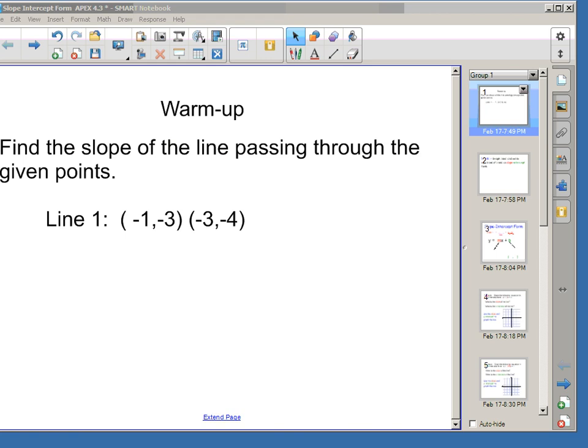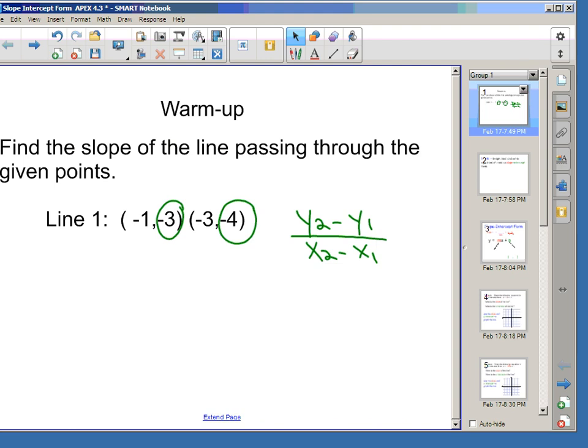All right, before we go to lesson 4.3 on slope-intercept form, let's review what we did the lesson before in 4.2, which was find the slope of a line passing through 2 points. Remember, we need the slope formula, which is y sub 2 minus y sub 1 over x sub 2 minus x sub 1, because slope is basically your change in y over your change in x. So keeping in mind the second coordinates listed are always your y coordinates, we'll go -4 minus -3